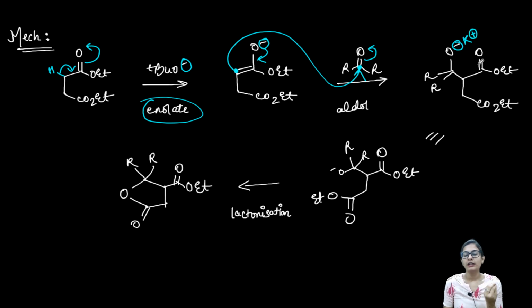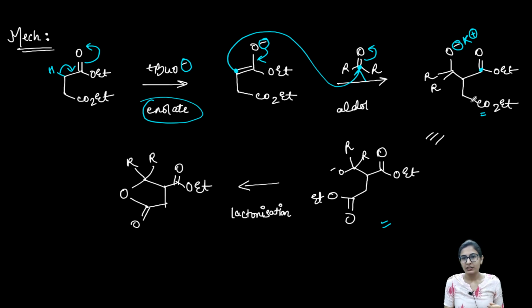And soon it is going to attack a nearby available electrophile. Now who is the nearby available electrophile? Either it can attack this carbonyl carbon, but that would give a very strained ring, or it can attack this carbonyl carbon. That is a much more feasible thing to do. So I'm just going to rotate the bonds a little bit. The same structure you see right over here, it is the same structure. You can just stop the video and see.